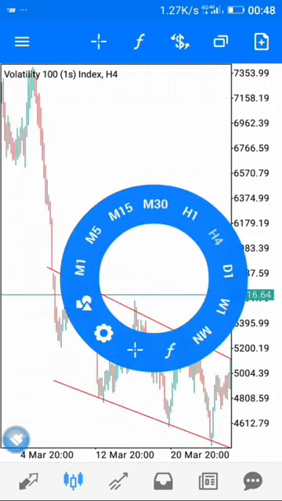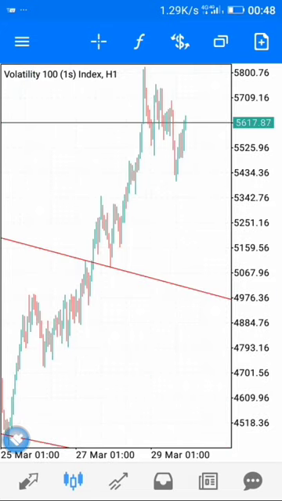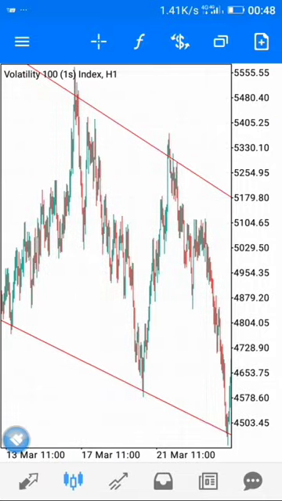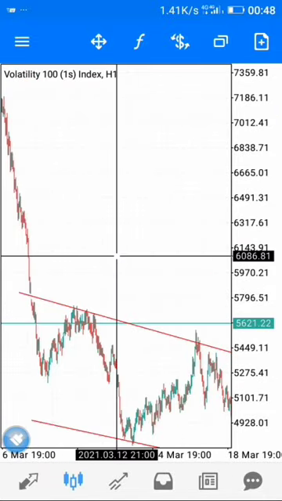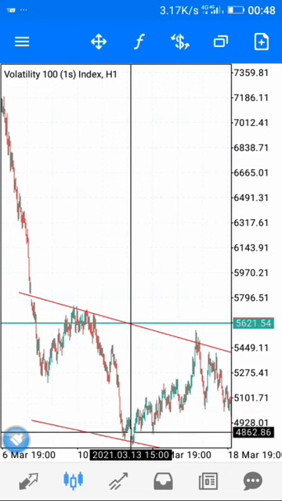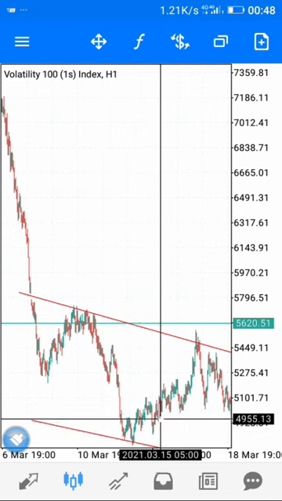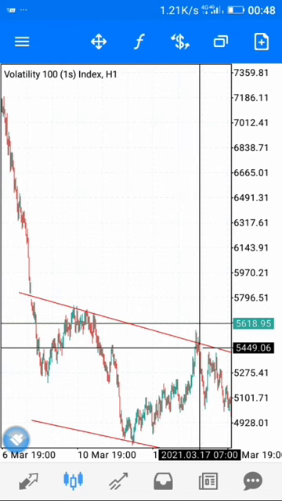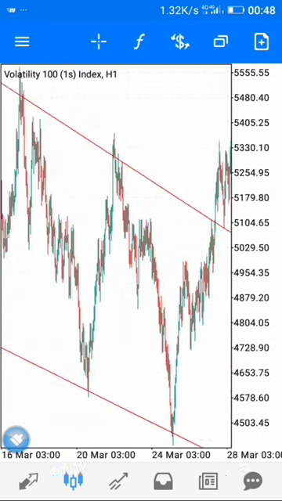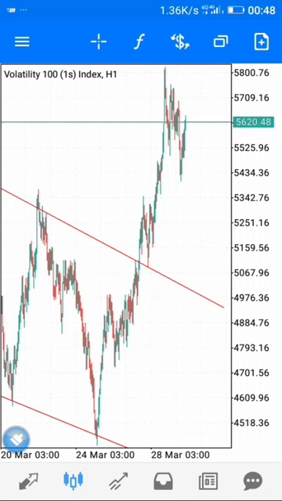Now if you move to a lower time frame, you discover that this is a very big market. Okay, look at how it was respected. You made a touch here and moved down, made a touch here, bounced off again, moved up, and it bought for a while, a long time. So that's just a perfect example on a Volatility 100 (1s) index. Okay, now let's check other markets as well.